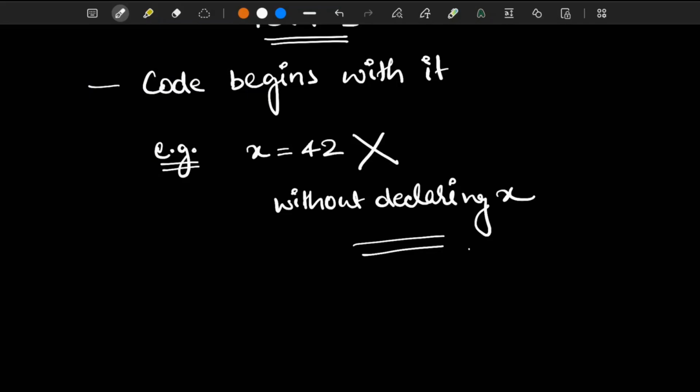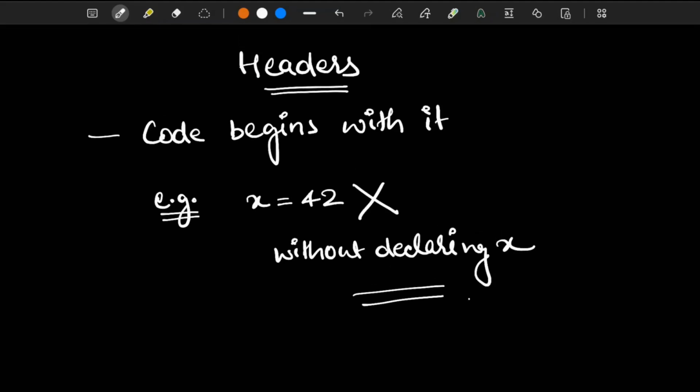The declaration tells the compiler whether the element is an int or double or float or a function or a class.